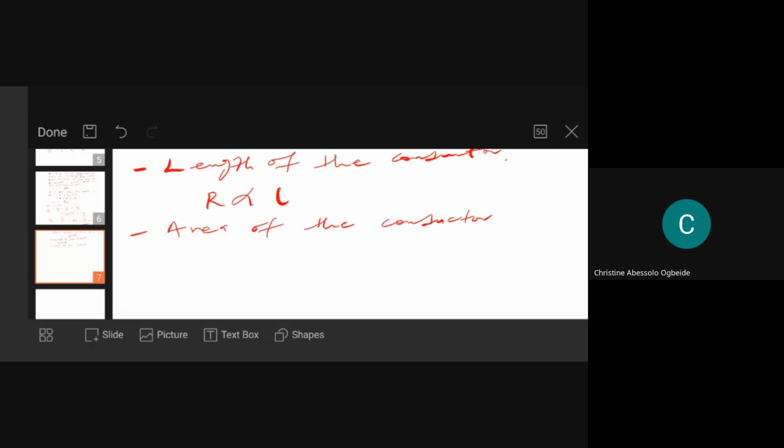Area of the conductor. So, what is the area of the conductor? The area of the conductor just simply talks about the thickness of that conductor, how thick the conductor is. So, if the conductor is thicker, the resistance in that conductor is going to be what? Smaller. So, increase in area means decrease in resistance,